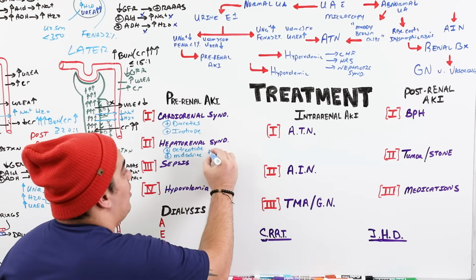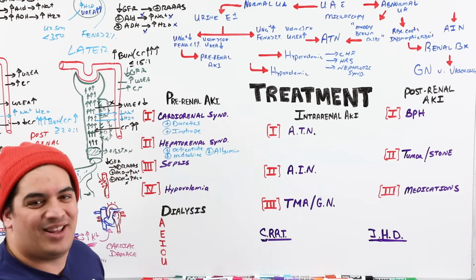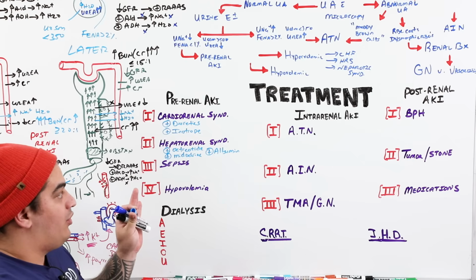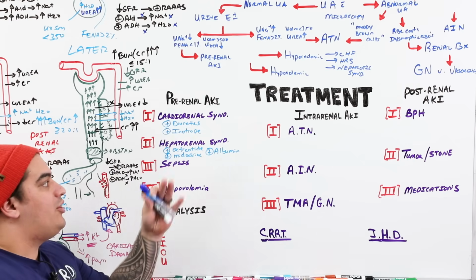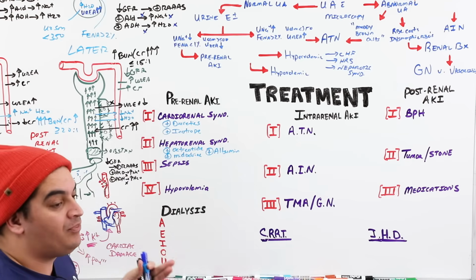And so in those cases, you can also give them albumin to be able to keep some of that fluid inside of the blood vessel as well. Okay, so that's what we would do for hepatorenal syndrome. Okay, so if you tried some octreotide, some midodrine, some albumin, and it improved, oh, that was the cause. All right, cool. Sepsis. They have sepsis.